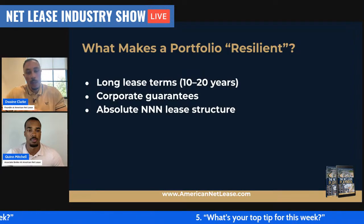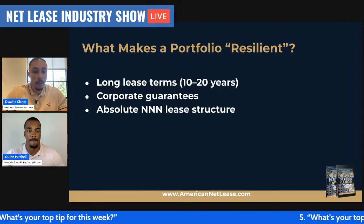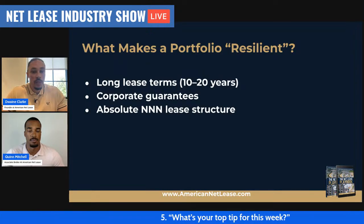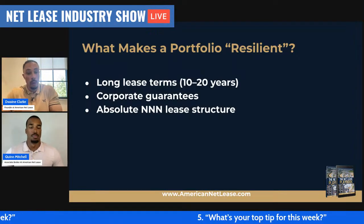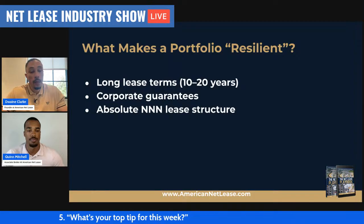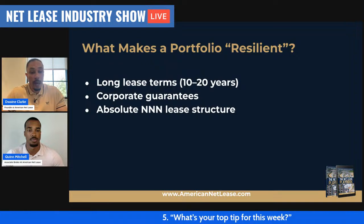Corporate can also encompass investment grade. So you see publicly traded companies like Home Depot, Lowe's, McDonald's, Dollar General. Those are corporate as well as investment grade as far as the credit level. And absolute NNN lease structures. We talked on the last stream about making sure to look under the hood to see what type of lease structure it is, and that the best case scenario would be absolute. Is it wrong? Is it bad to have anything that's double net or modified? No, but